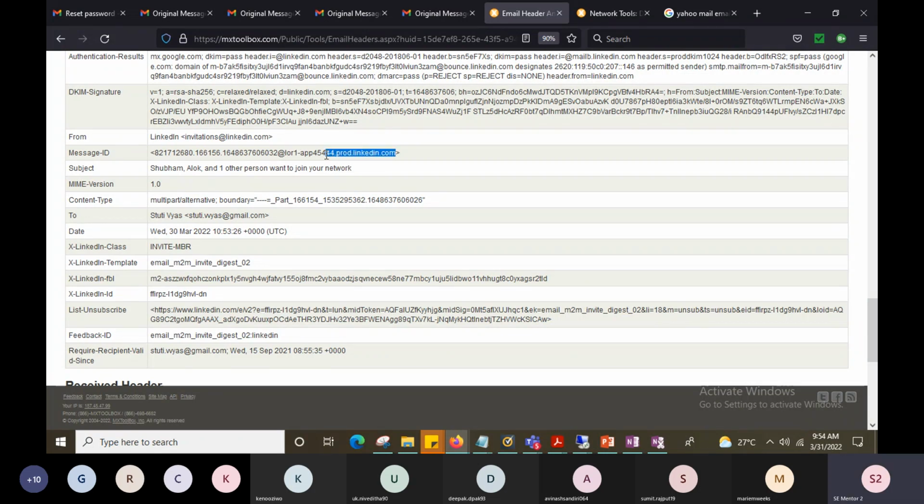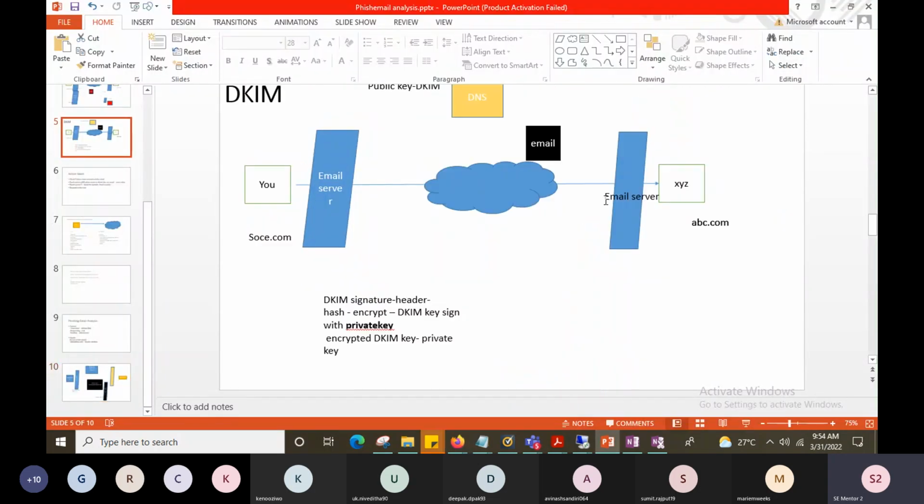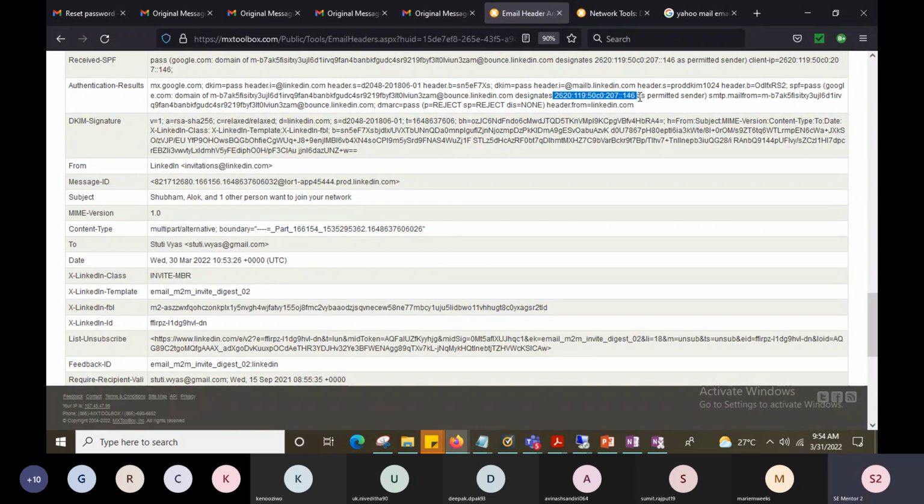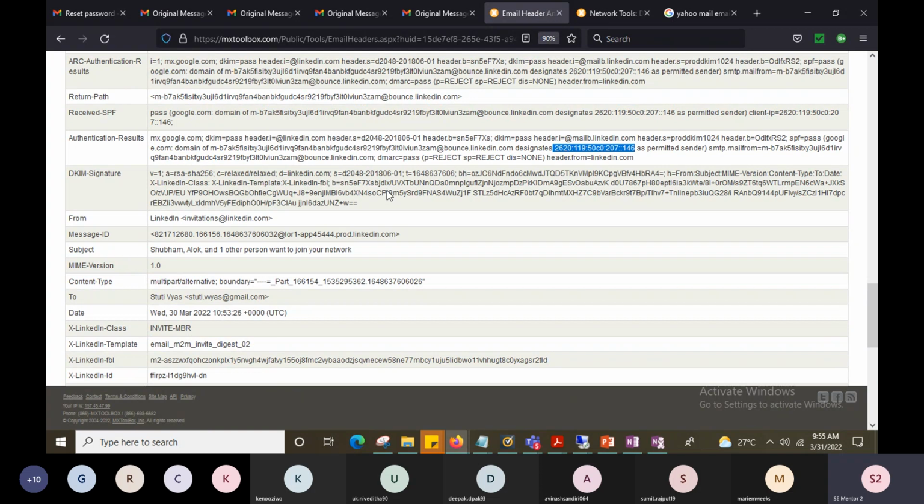Ideally, this message ID is nothing but your sender email. Whenever you send out an email, it passes through the email server. So this message ID will be added over here. So this will be the actual sender, whoever sends the email. This will have the domain name and the IP address associated with it. So all of this will be added. What you can do is check whether it belongs to the same